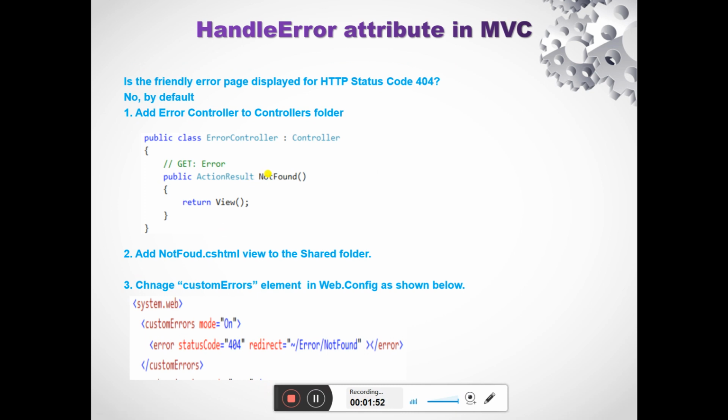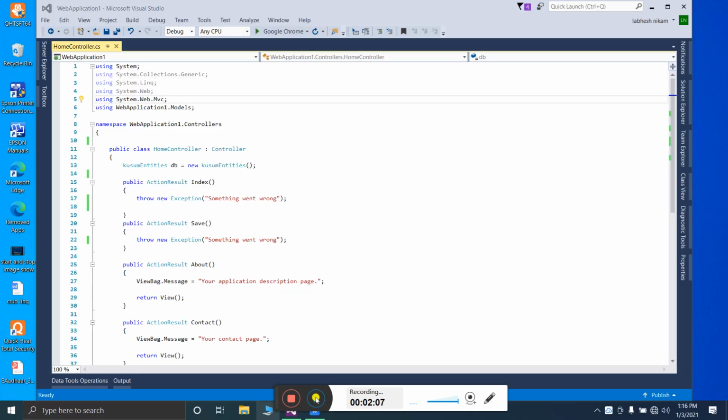Let's flip to Visual Studio and first check how to do it. This is my web application, and inside of the home controller and index method I have created an error using throw new exception.